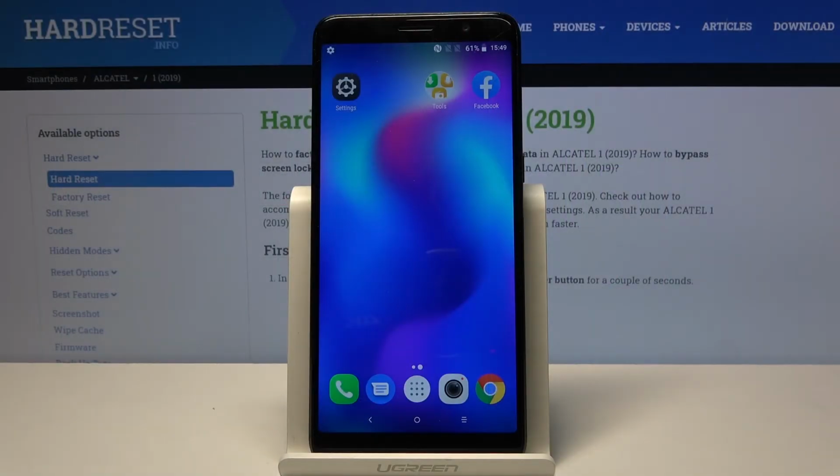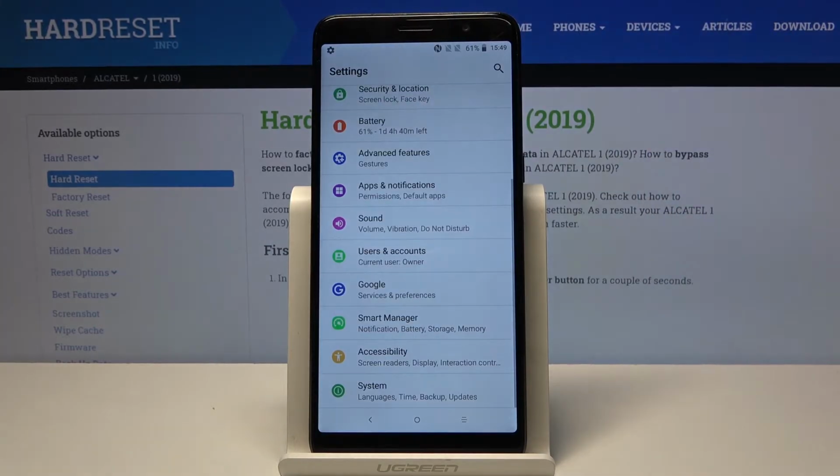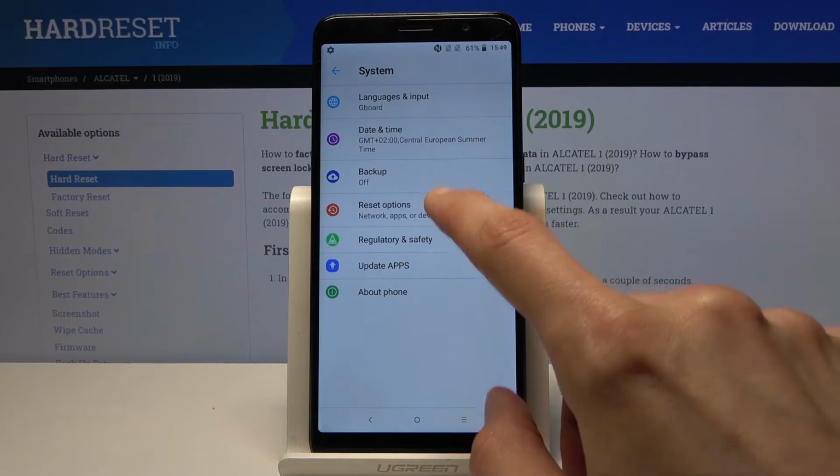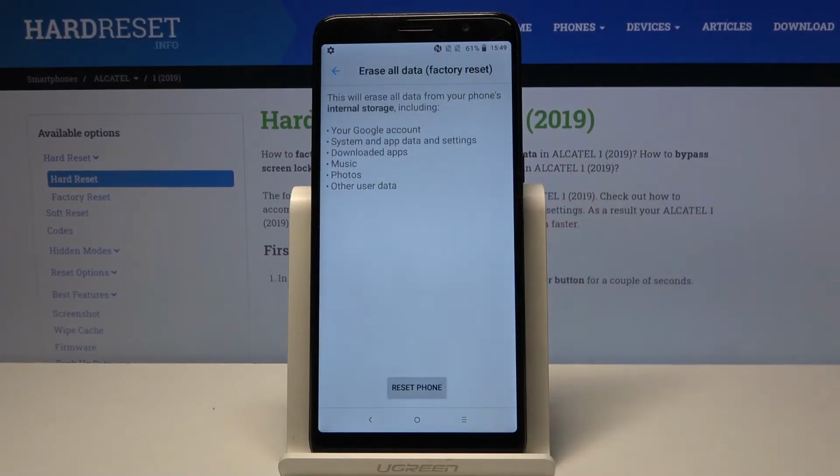Welcome. In front of me is an Alcatel One from 2019, and today I'll show you how to perform a hard reset of the device through settings. And to get started, let's open up settings. From here, scroll all the way down to system, then tap on reset options and choose erase all data factory